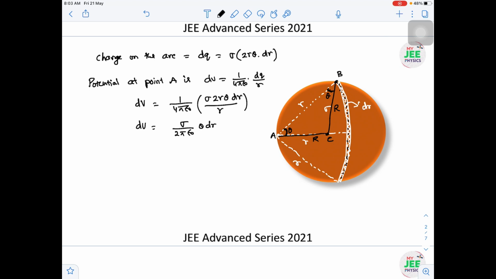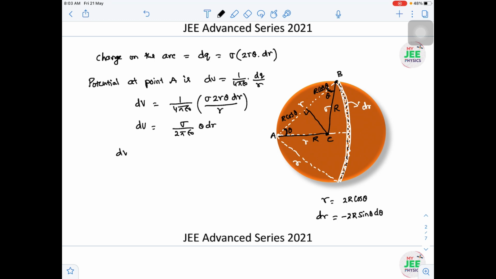Then we can write down the r expression if I drop a perpendicular. Then this is R cos theta, and this length also will become R cos theta. I think all of you are good with this geometry. Then what is the small r value I can write down? 2R cos theta. Okay, so this is the r value. But we require the dr value. So if I differentiate, I'll get minus 2R sin theta d theta.